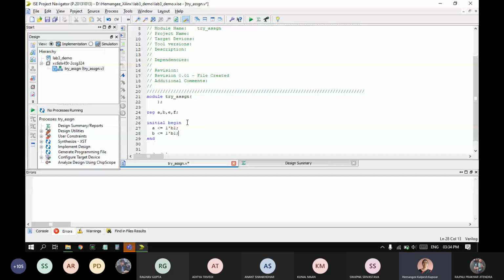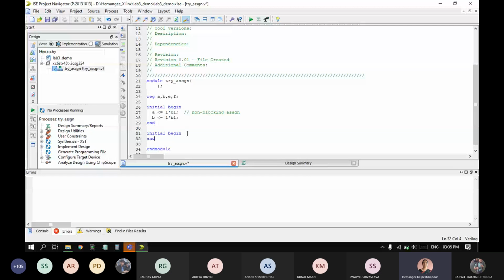So this symbol which I have shown here is a non-blocking assignment symbol. The less than and equal to. So the arrow type of symbol is non-blocking. This says that both a and b will be assigned the value of 1 at the same time.